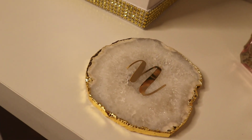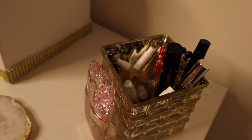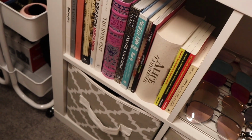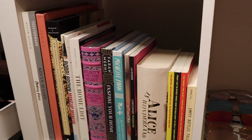This coaster is from Nordstrom. It's just an N with a little gold trim. And this I also got at Marshall's. Those are some beauty books and some inspirational poetry. I love prose so much, so I have a bunch of books like that. And then of course makeup,